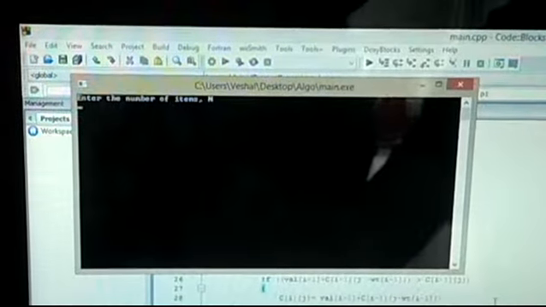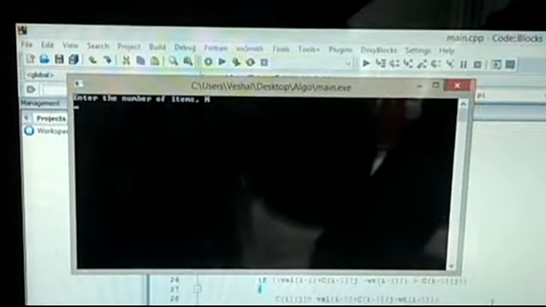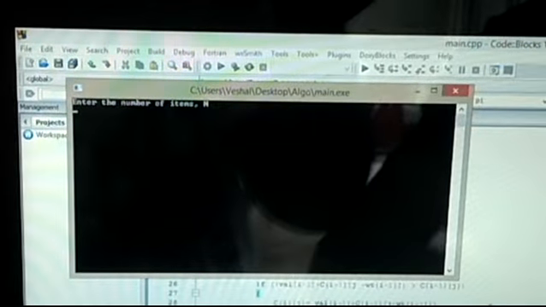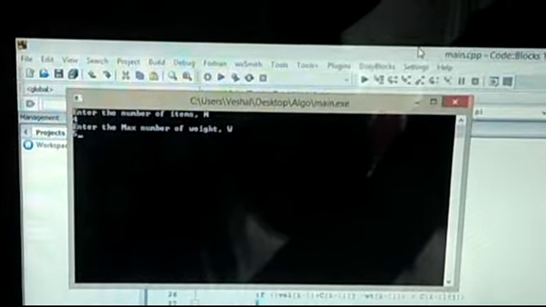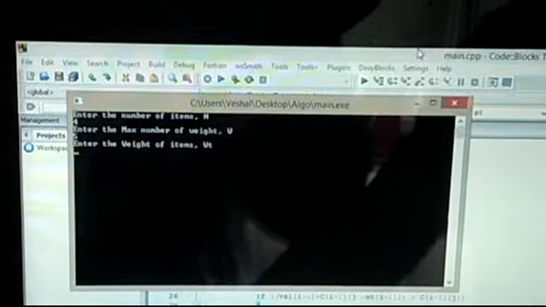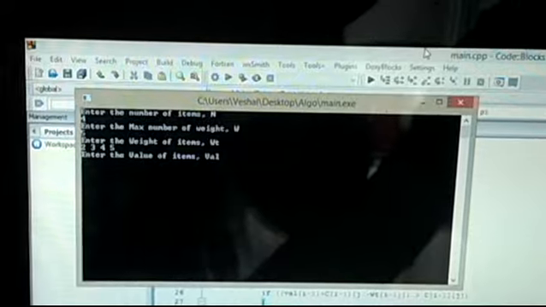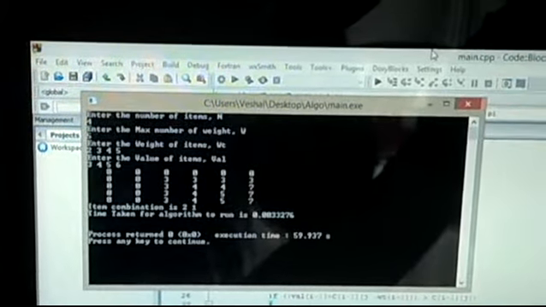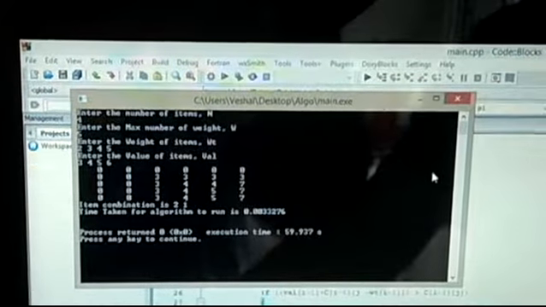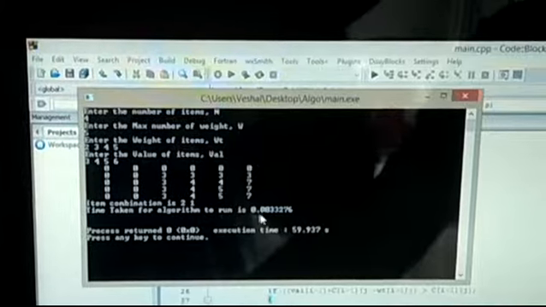I'm going to run 3 types of values and show you the result of it, and compare the time taken to conduct that whole calculation. Okay, now we try 4 items, 5 maximum weight. The weights of the items are 2, 3, 4, 5, then 3, 4, 5, 6 for the value of each item. So you get here the combination is 2, 1, and you can notice here the time taken for that algorithm is